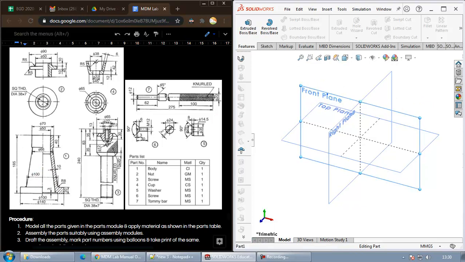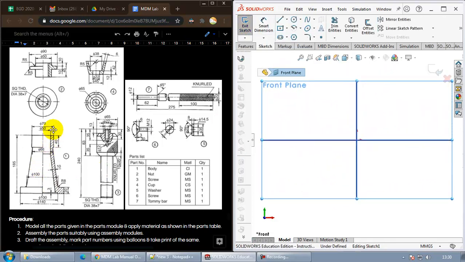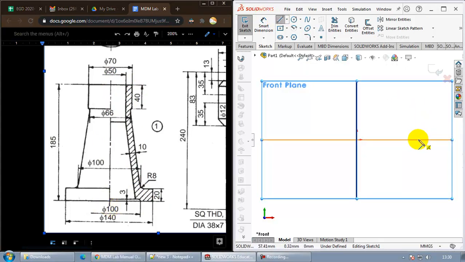So first of all, I'll go to the front view and create a sketch on that. Now I have to create this cross section that we see. I've just zoomed in so that you can see this clearly. We'll have to create this hatched cross section and revolve it about a central line. So I'll start by taking a line, starting at this horizontal line at the center and creating this cross section. So horizontal, this line is inclined.